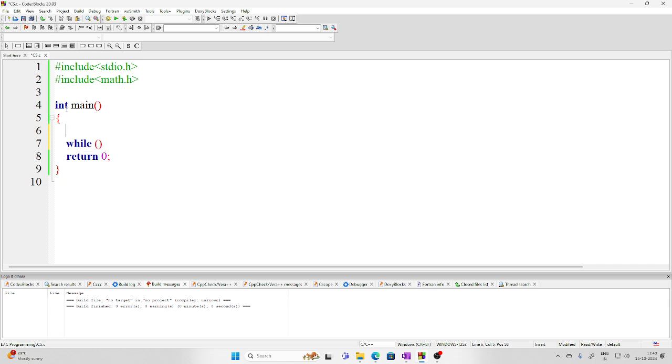Then I have to use a counter for it. So int count. Okay, so this is my counter. I have declared it and let us initialize it with 0. Okay, so till the counter is less than 10, because it is starting from 0, so 0, 1, 2, 3, 4, 5, 6, 7, 8 and 9. So this becomes 10. So till the value of this counter is less than 10, then I have